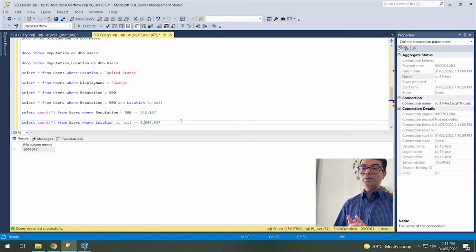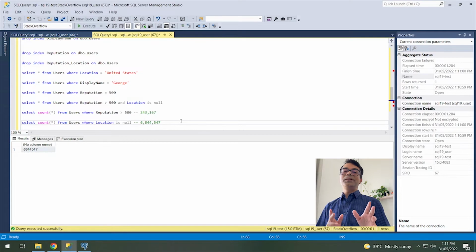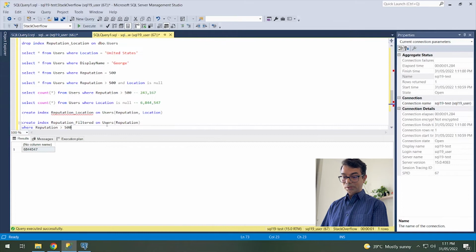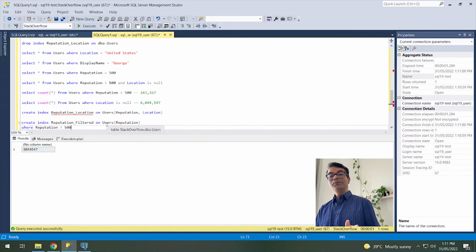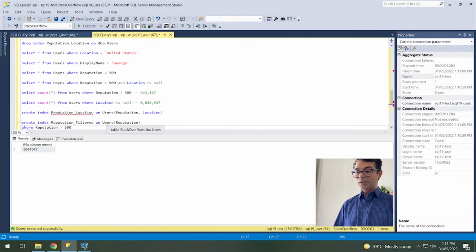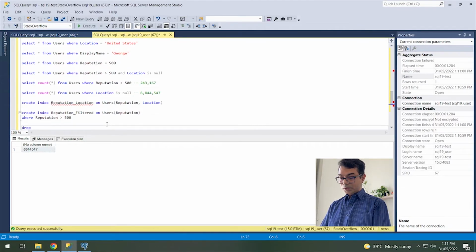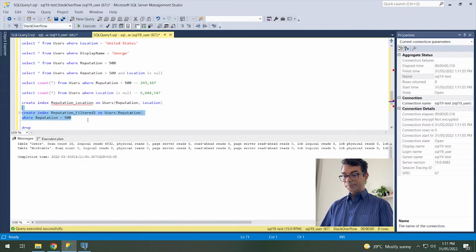So what we need to think is that we should index on the reputation column, so that there is a possibility it could use our index, right? Now I showed you before, actually that was for the filtered one. You might be thinking, if we create a filtered index, this could help, because we are getting only 243,000 rows out of 8 million rows. So this could really help. Since I have already created that index, let me put a different name here. Since it's already there, it's a filtered index now, right?